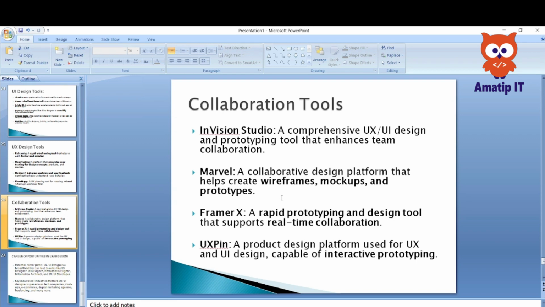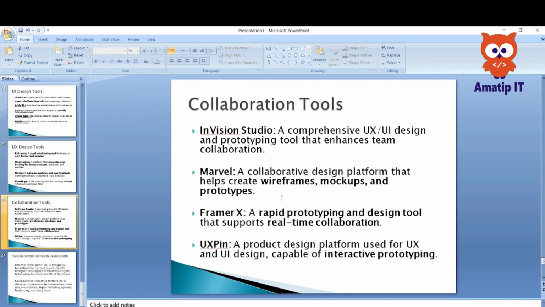We also have Framer, another rapid prototyping and design tool that you can use for real-time collaboration. And the last on the list for this category of tools is UXPin, another good tool that you can use for